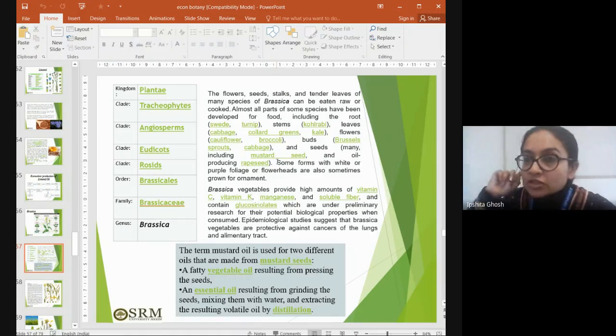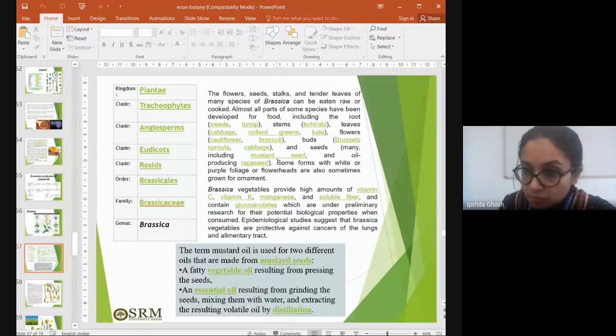So actually this is very common. If the flower of a plant is very colorful, then definitely we usually prefer keeping them for beauty purpose, for aesthetic purpose. So they can be regarded as ornamental plants. Okay. Right. So this was all about the uses in terms of food. Now, what about the nutritive content?